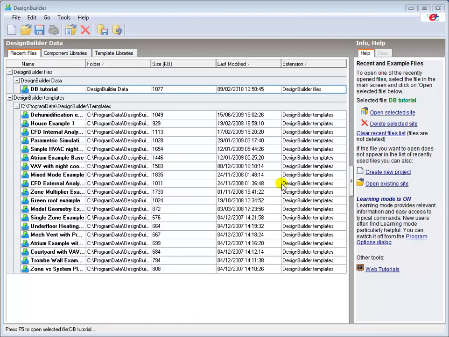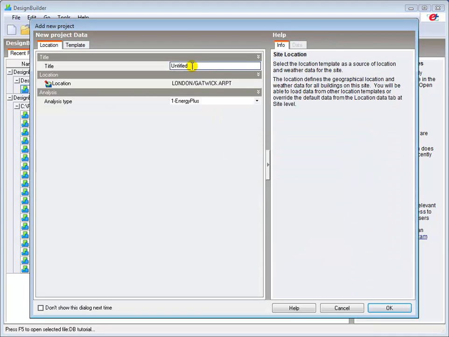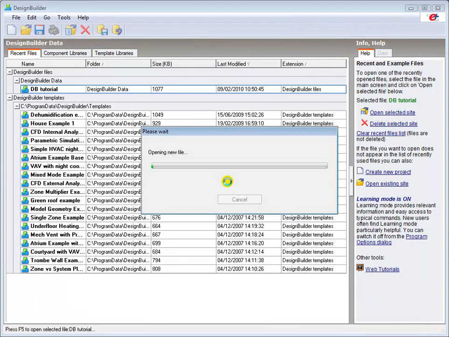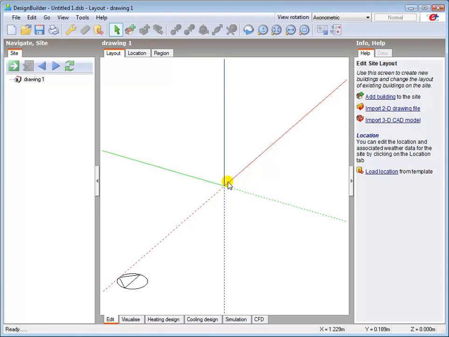We'll first create a new project, and I'll call it Drawing 1 and confirm with OK. I left the remaining options set to default, as we'll cover these in other tutorials. This approach will apply to all data entry functions throughout the tutorial, unless entering the data is an integral part